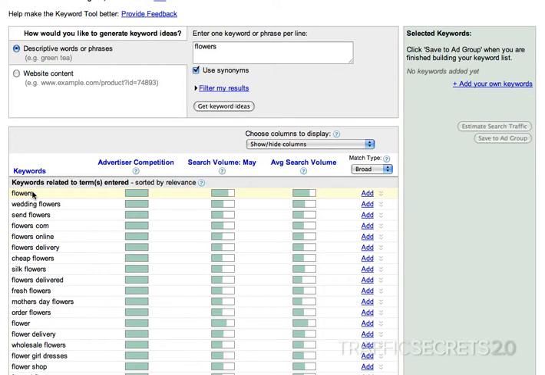This is LSI 1A. This is 1B. This is 1C. Here is how we'd find 1D. It would be this word right here, flowers.com. I think that's for people trying to find flowers.com, but that's what would be our LSI 1D. So that's how you find those KW numbers as well as the LSI numbers